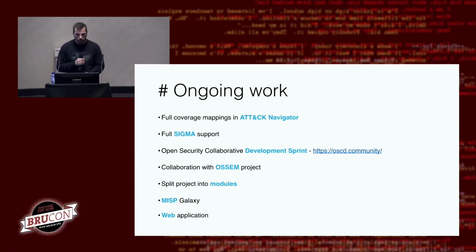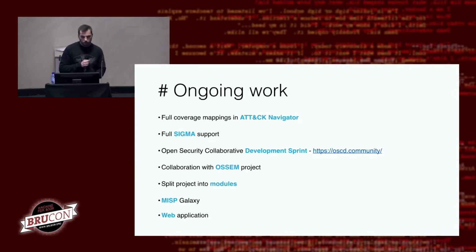on this part. We would also like to split the project into modules, because if you go to our GitHub page right now, the README is extremely long. It has detailed information about everything, and we would like to split it. And for now, mitigation systems are just a submodule, so all information is in the submodule. So it will also allow some kind of integration if someone would like to use only part of the